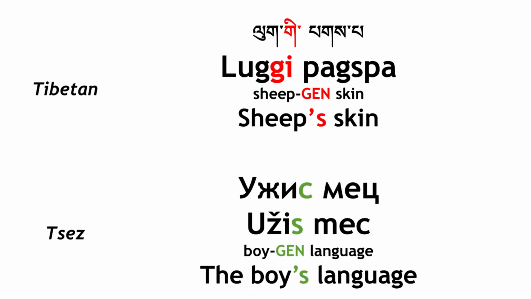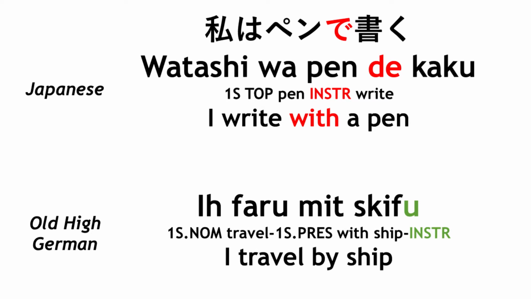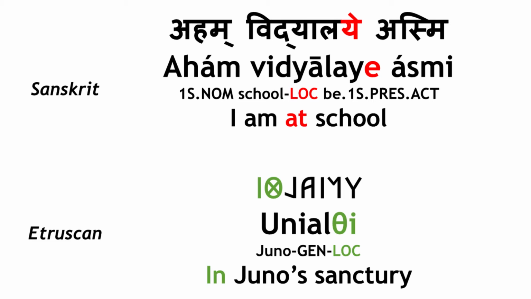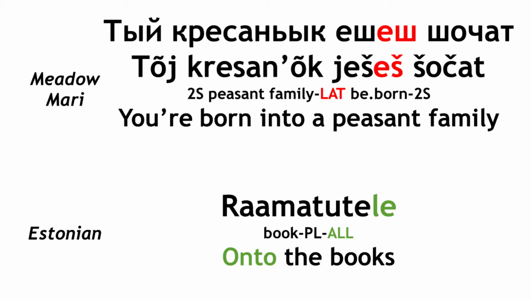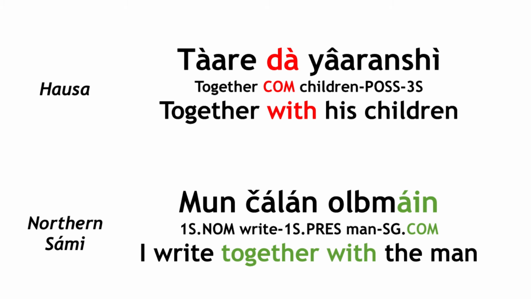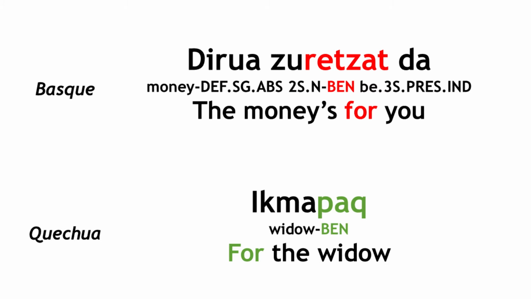Other cases are the genitive, marking possession and relationship, the dative, marking an indirect object of a verb, the instrumental, marking a tool used to do something, the locative, for a location, the ablative, for movement away from something, the lative or allative, for movement towards something, the comitative, for a companion or accompaniment of the subject, the vocative, for addressing someone or something directly, and the benefactive, for something which receives the benefit or use of the action without being